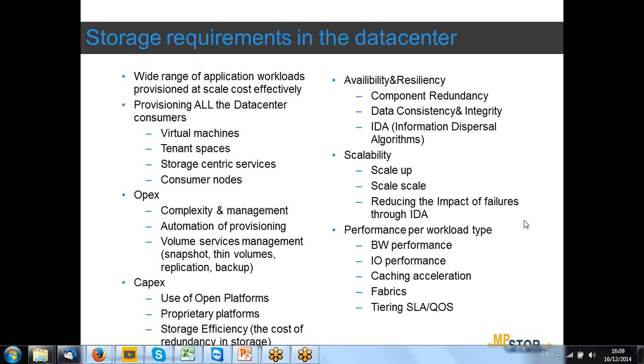There is also within the data center lots of different consumers. So there's not just provisioning of virtual machines, but there's entire tenant spaces that need to be provisioned. There's storage-centric services within the data center itself, and there are various IT nodes that need to be provisioned. So again, there's a wide range of consumer types that we can identify in the data center. And of course,